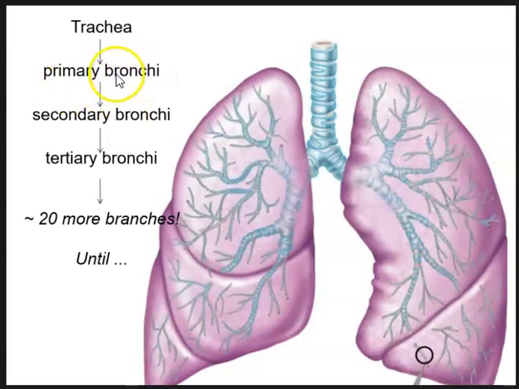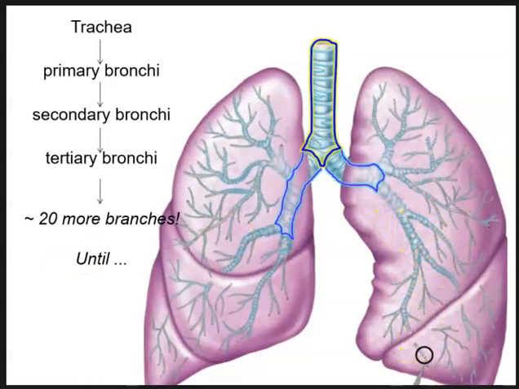Primary bronchi will then further branch into secondary bronchi, also called lobar bronchi, because they go to the different lobes of each lung. And then the secondary bronchi will branch into the tertiary or segmental bronchi, going to the different segments within the lobes of the lung. So these form approximately 20 or more branches until you hit,